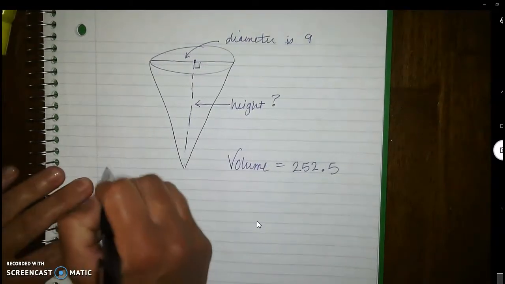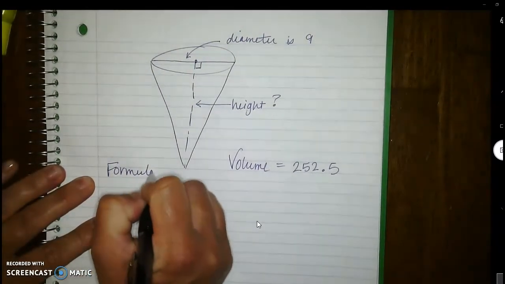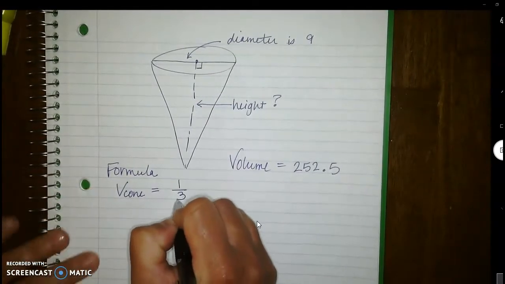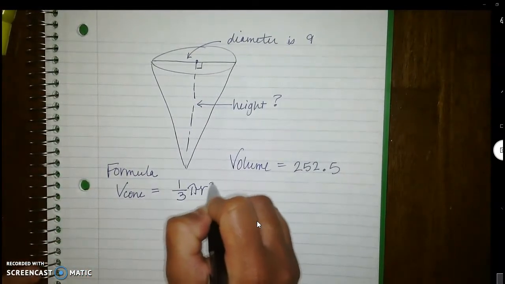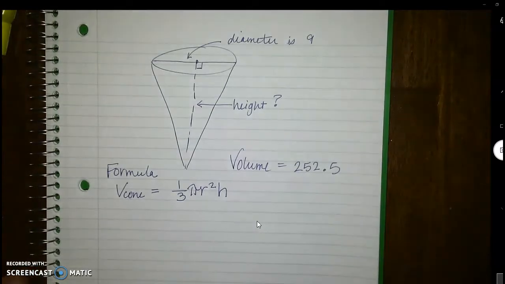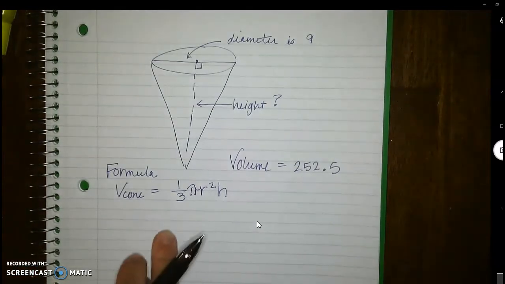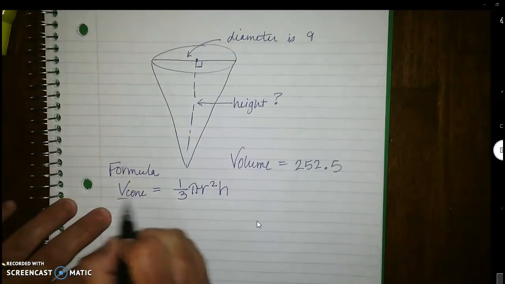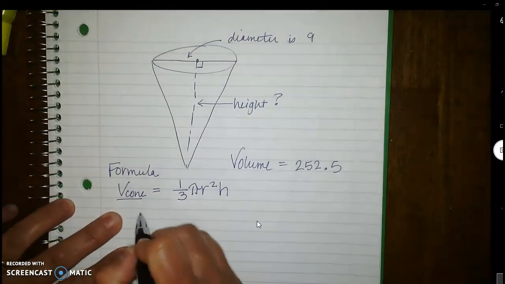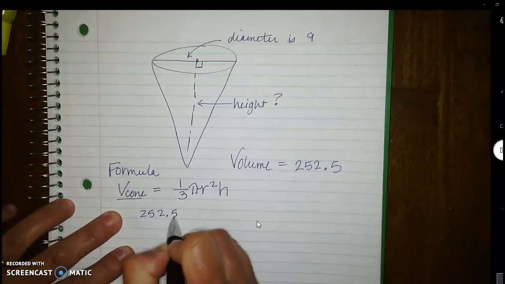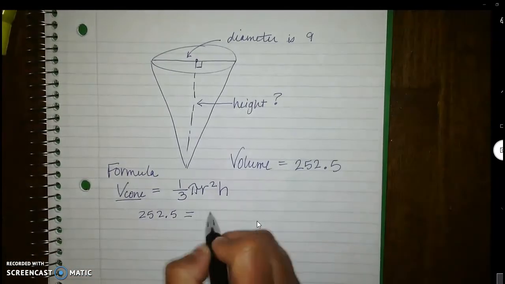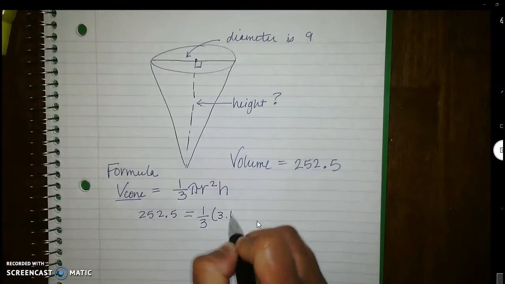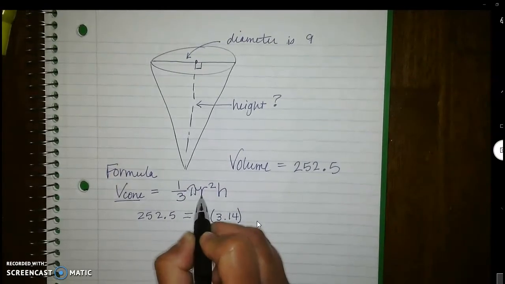Okay, so the first thing that you're going to need is the formula for volume of a cone. That formula is 1/3 pi r squared times h. So what we're going to do is substitute some numbers in and solve for h. The first thing I know is that the volume is 252.5. So I'm going to set that equal to 1/3 times pi, which we're going to use 3.14, times r